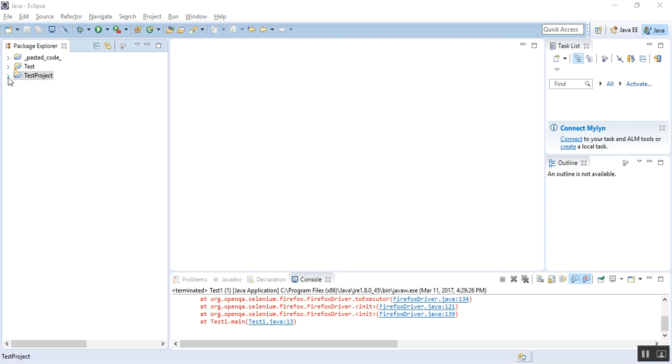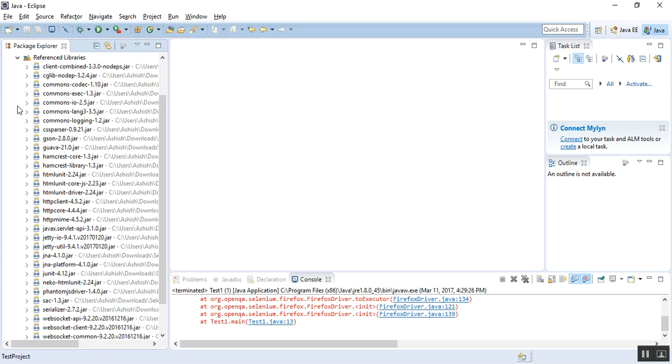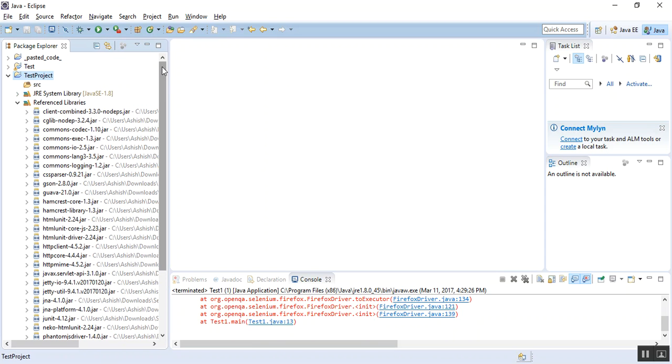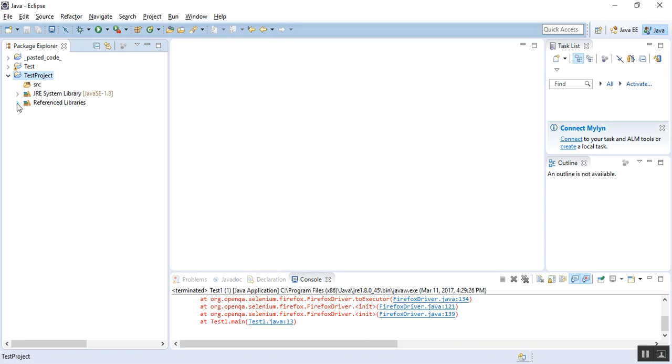If you would come over here and click this arrow, within the reference libraries you could see all the jar files of Selenium which you just configured onto your newly created Java project. Now the configuration part is done. Now we'll create a new class and try to execute a simple Selenium script and see what issues we face since we are using the latest version of the Selenium WebDriver jar files, and how to resolve that issue. So let's do that.